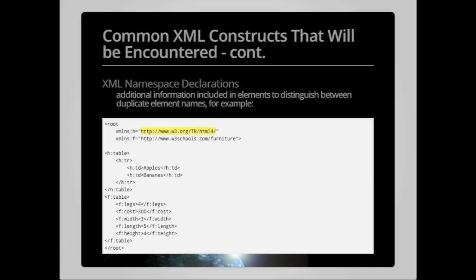So you can see I have this block of content here that looks a lot like an HTML table set of elements, where I've got H:table, and then within that H:TR for table row, and then H:TD for table data, and then closing tags for all of those. Now, if I was developing an XML file that also had a concept of furniture, where you